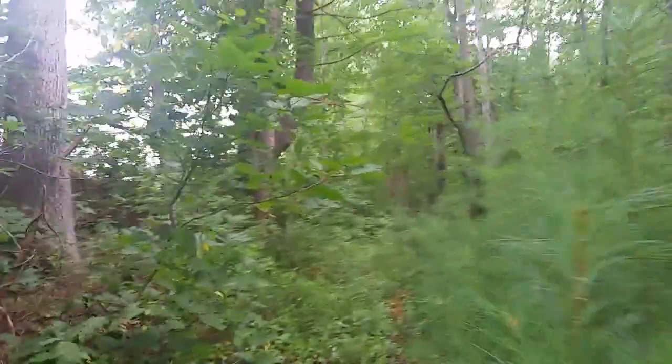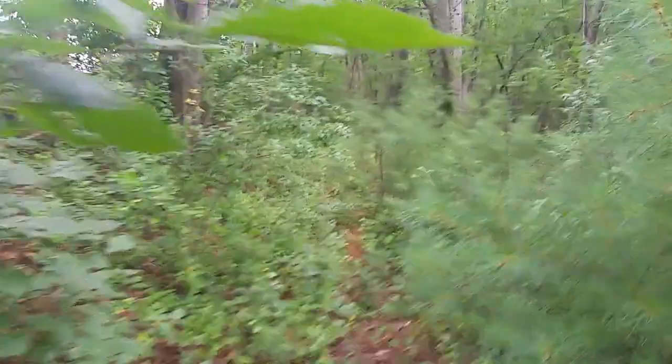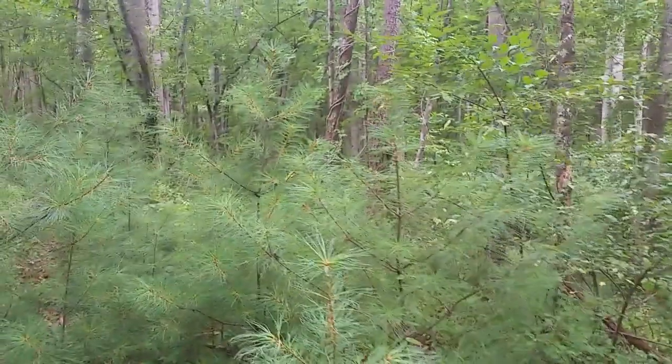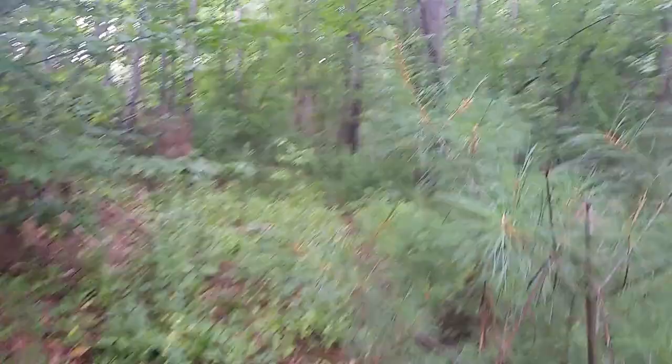Okay, now we're on this little, what I call the road. At one time it was probably a development road. But as you can see, it's a little grown up. And I'm usually kind of nervous walking through here for a couple of reasons. One is that there's houses right through there. Two, almost always there's some sort of large mammal in those bushes there. Probably deer. One time I spooked up a bear,